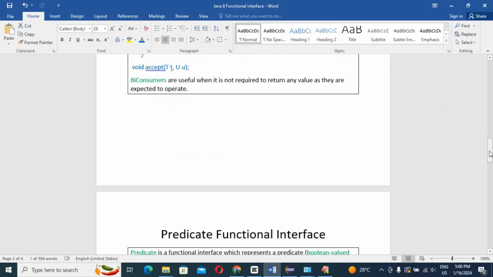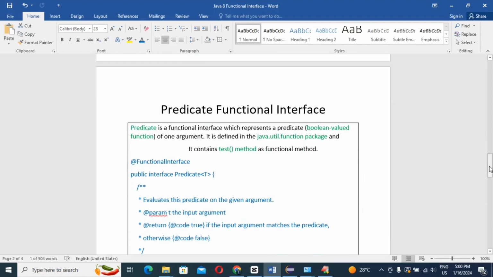Third is the Predicate functional interface. Maybe you know it very well. Predicate is also a functional interface, and this function returns a Boolean result. We can see here, it is a Boolean-valued function. Once it returns, it returns a Boolean value, so true or false. And this Predicate functional interface is also available inside the